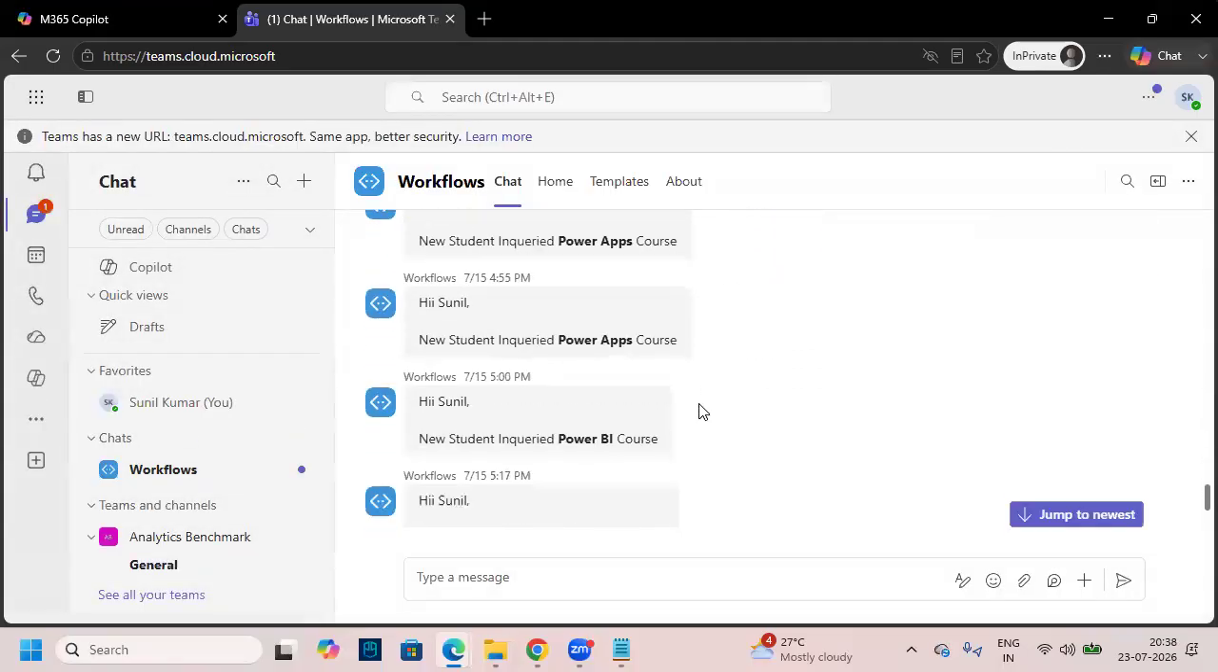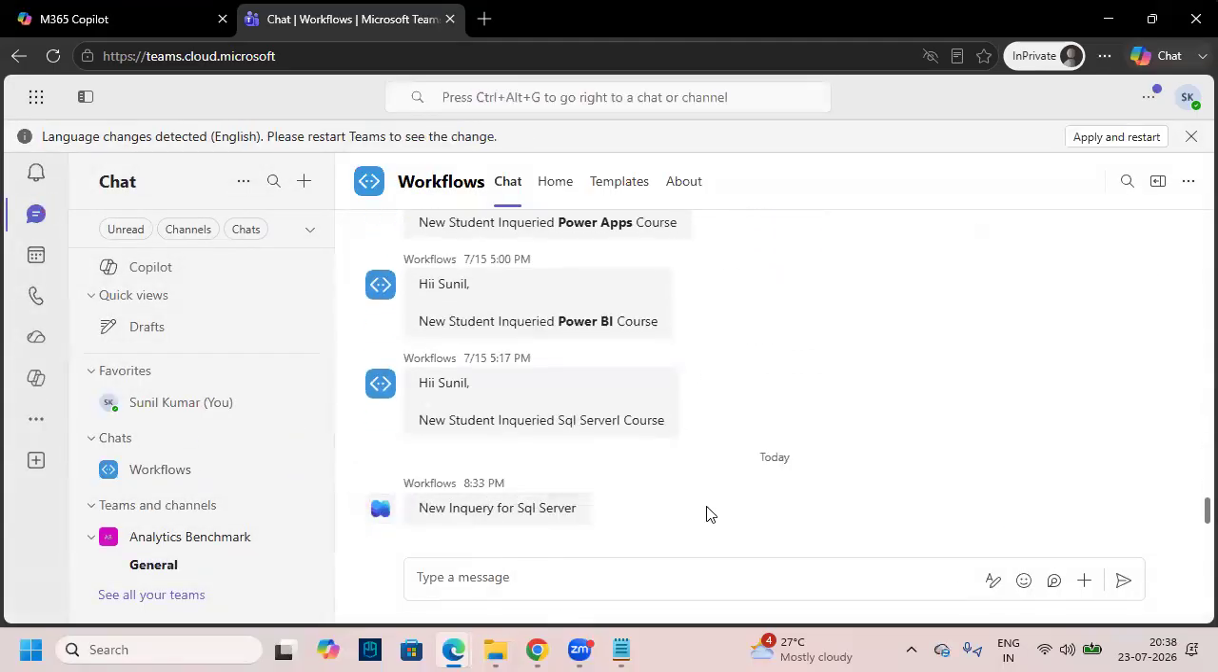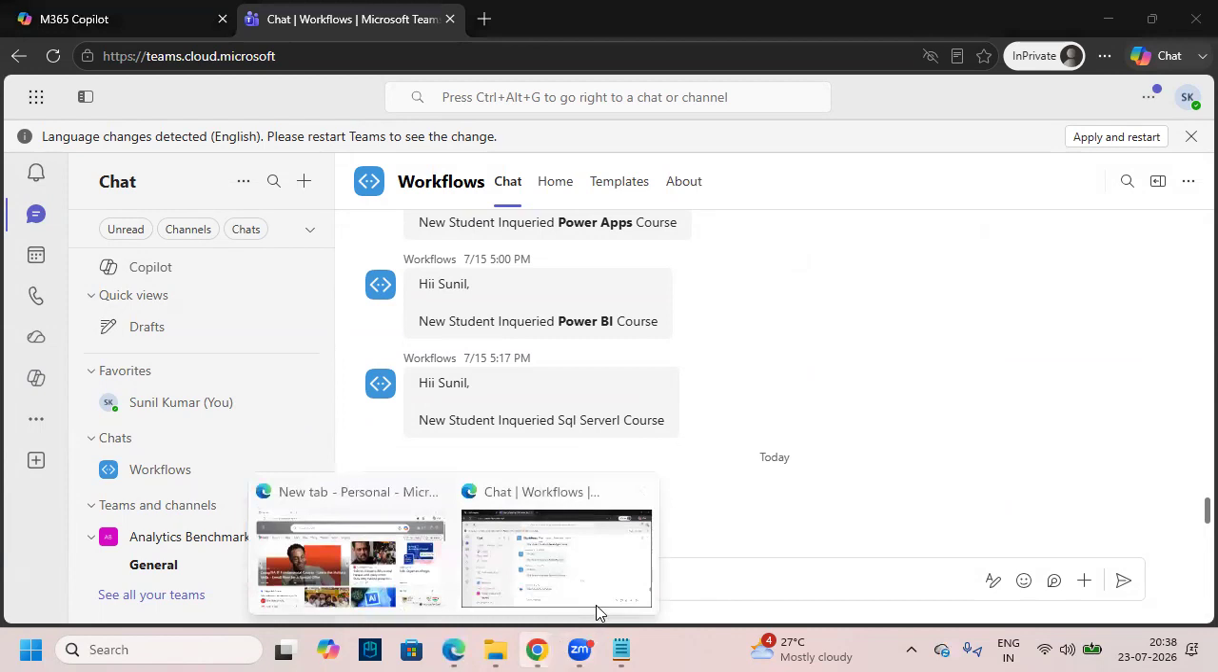Right, it is done. Now you can see, guys, just now it is received. Just now, 8:33. A new inquiry for which course? SQL Server course, right? Fine. So this is how it will send one notification, guys. Just now we received it today. So this is how we'll create one flow in Power Automate to achieve our